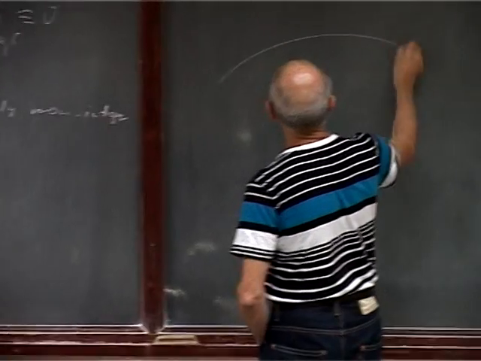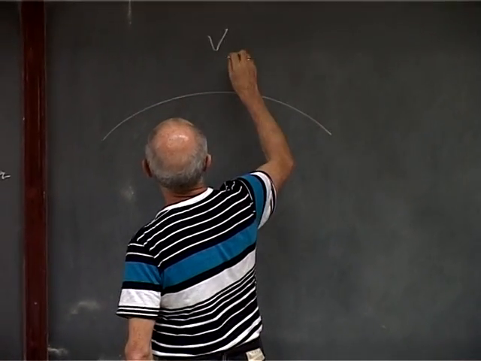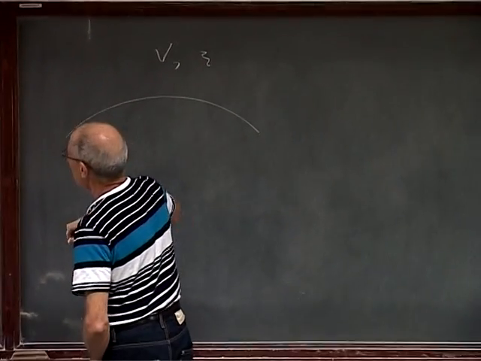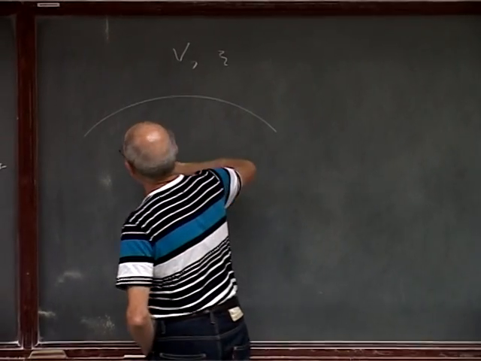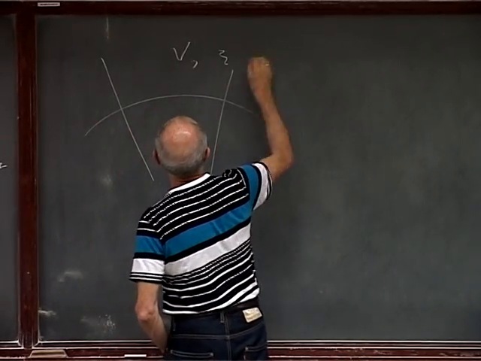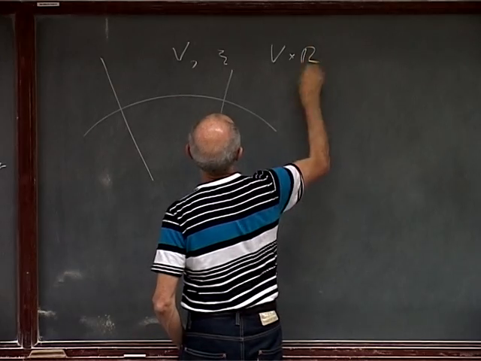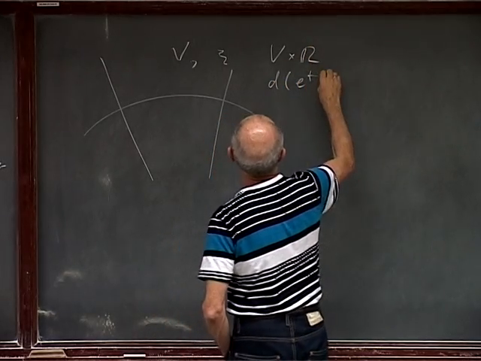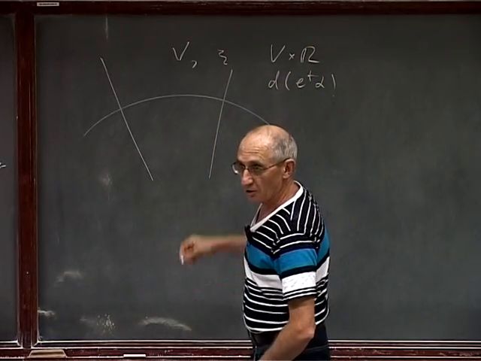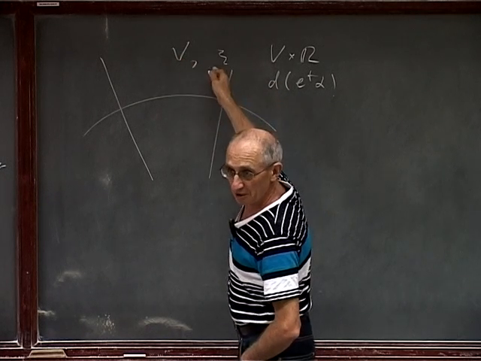So now again, you have this V, you have this Xi, and we have this manifold V cross R with the symplectic form e to the t alpha, which you can solve. So if we started with V,